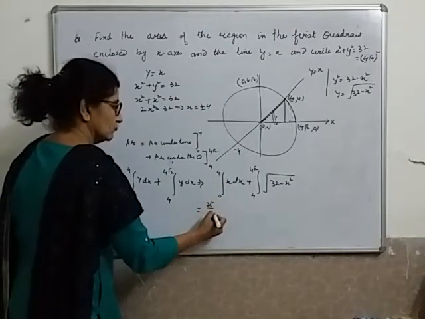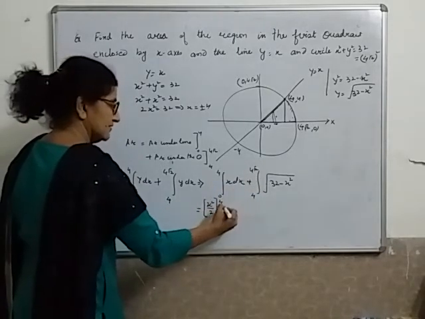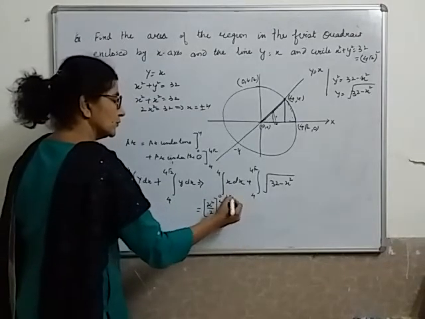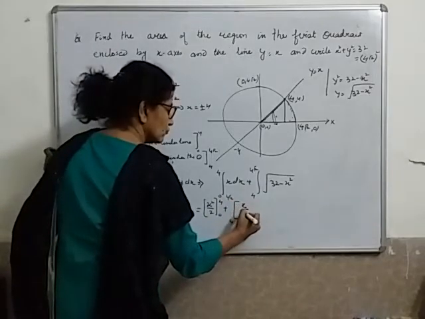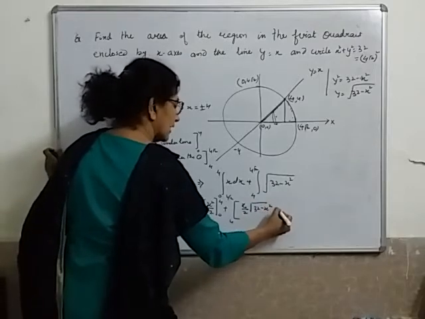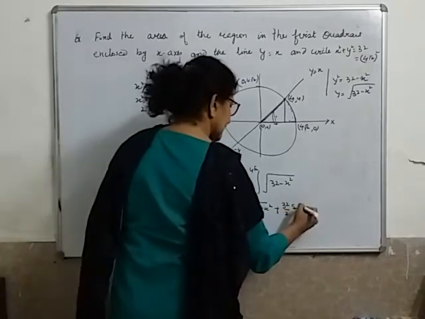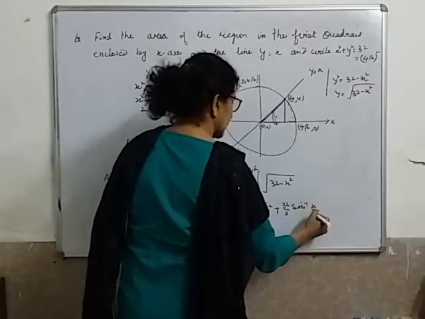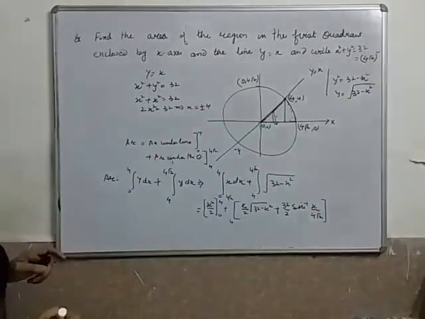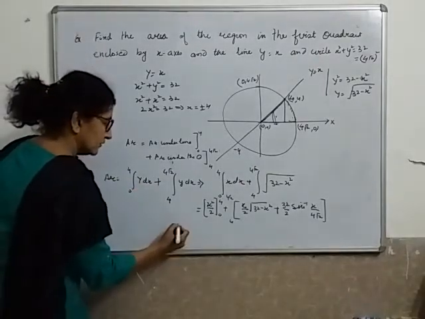It will be x squared by 2, from 0 to 4. Then the integral of square root of a squared minus x squared, from 4 to 4 root 2, is x by 2 times the square root of a squared minus x squared, plus a squared by 2 times sine inverse of x by a. Here a is 4 root 2; I showed that in the square already. Put the limits carefully. We normally commit mistakes when we put limits.